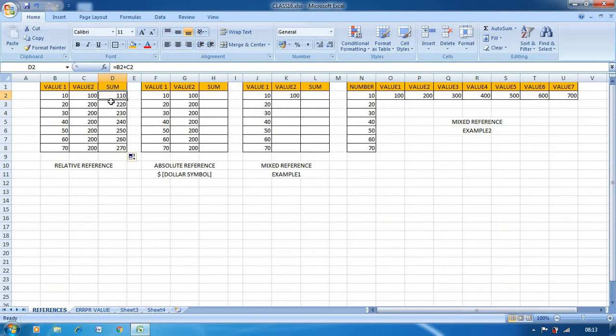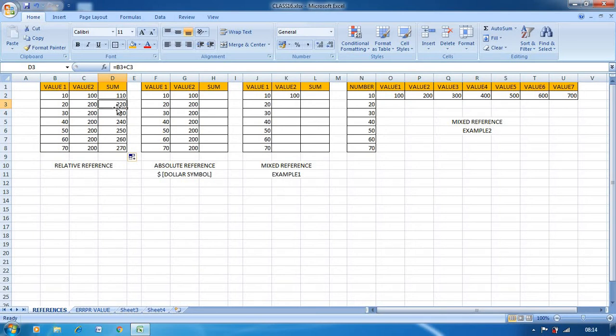Now, if I drag it downside, what happens is, now I will click here. So B becomes what? B3 and it becomes C3. If I drag downside, in all references what happens is, the column name remains the same, row number will change. And if I drag on the right side, on that time column name will change and row number will be the same.